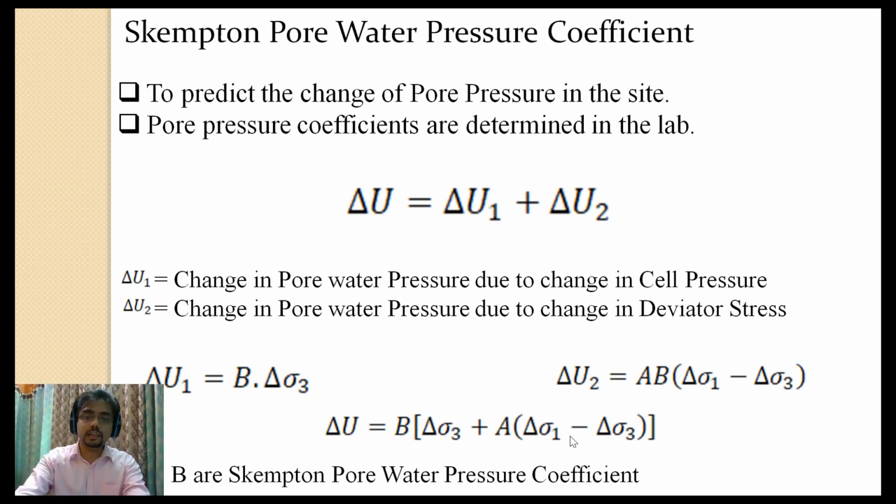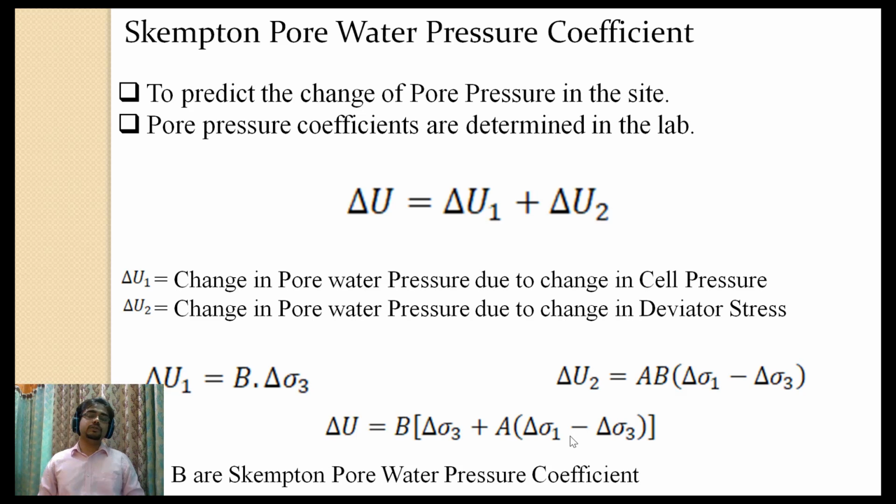Now, I have told you that the excess water pressure is going to be generated in the first stage. Coming to the first stage first, listen very carefully. The excess water pressure is generated in the first stage only if the drainage valves are closed. Now, there is one contradictory part. I have already told you that this Skempton pore pressure coefficient is valid for CU as well as EU, that means any of the undrained tests.